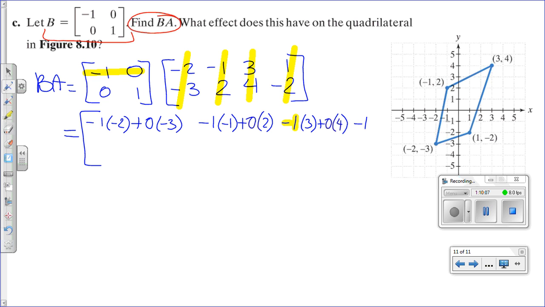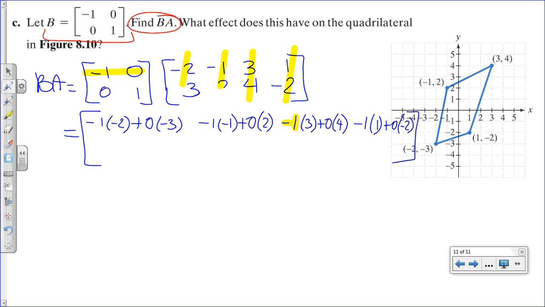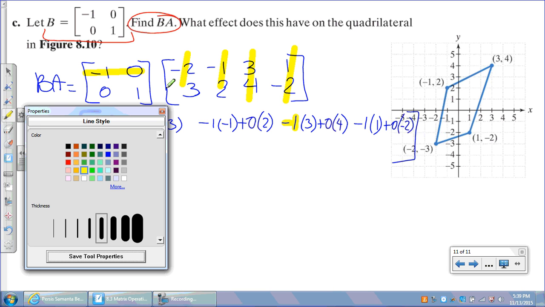So that is negative 1 times 1 plus 0 times negative 2. Okay, now